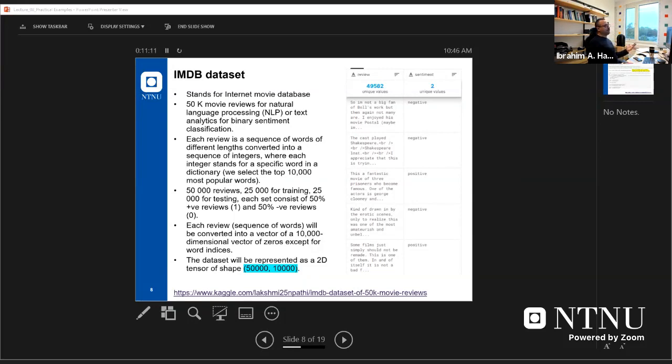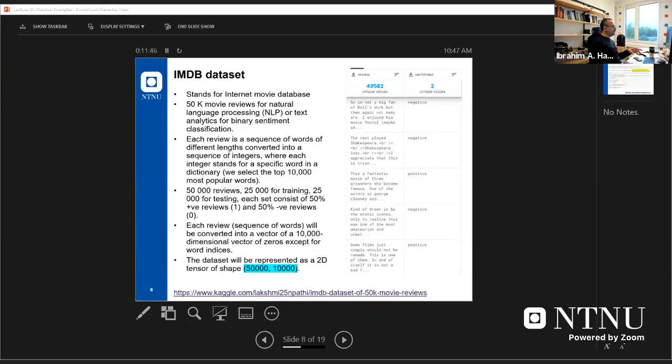So if I want to say, of course, how are you, for example, and I want the robot to say, okay, how are you? So how can the machine learning understand the meaning of how are you? In this case, we will change the word how with a number, are with another number, you with a word index. So we need to build a dictionary, and we need to decide how many vocabularies we will use, for example, and assign a word index for each word. In this case, we can convert any sequence of words into a sequence of